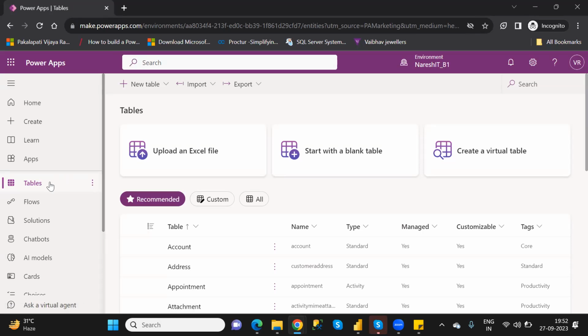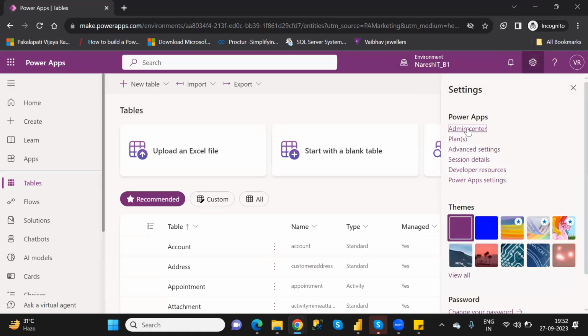Initially, at the time of creating an environment, in the initial stages, right? At the time of creating the environment, we choose where to create it. Under the settings, you will have the admin center.